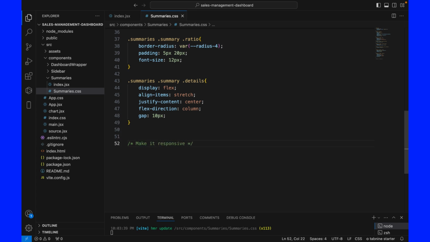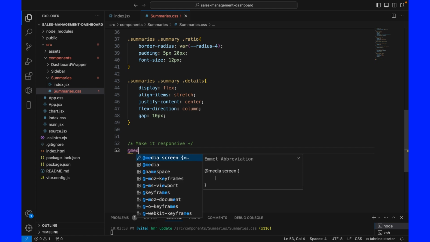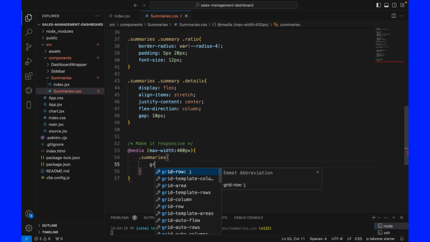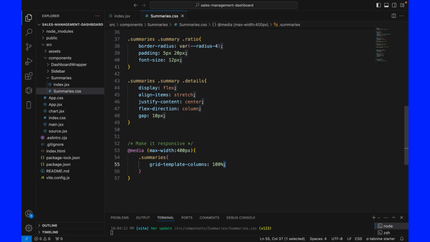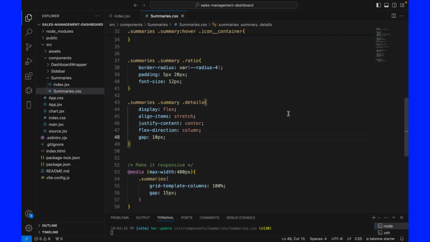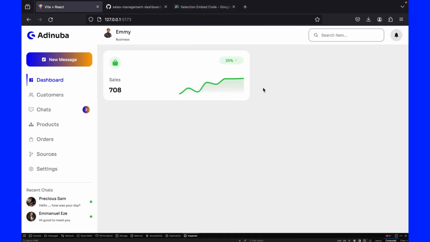Let's make it responsive. Let's just write a code that will make our summaries responsive. So 100%, gap should be 15 pixels. So we are done with the summary style, and look at the first one we have created. Look at how it looks like. All right. So let's go back and